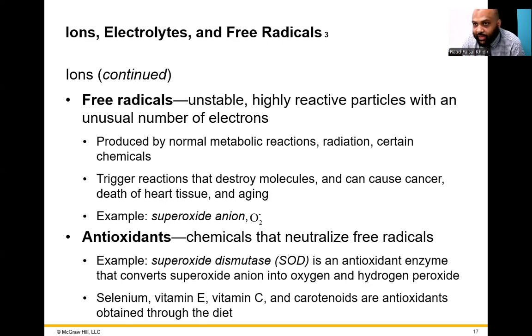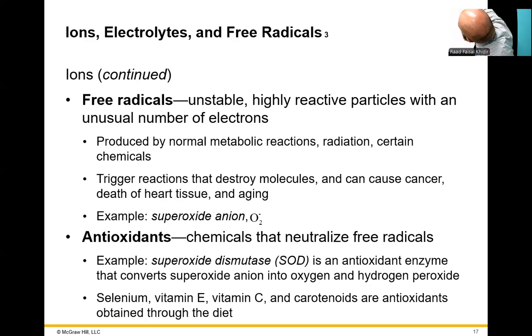What does superoxide dismutase do? Superoxide dismutase is an antioxidant that converts the dangerous O2 minus, the superoxide anion, into oxygen and hydrogen peroxide, and both of them are not dangerous. Oxygen is okay, and hydrogen peroxide. So what happens? We have superoxide. O2 is oxygen. That's good. You have minus. That makes you